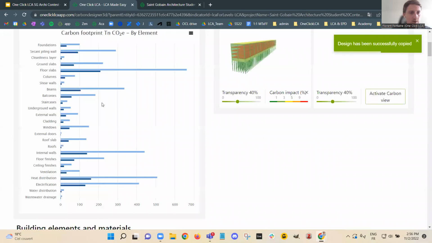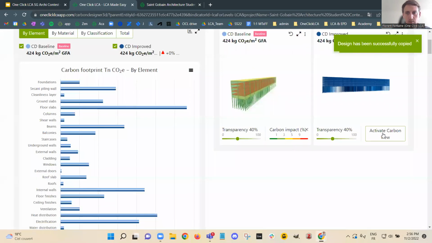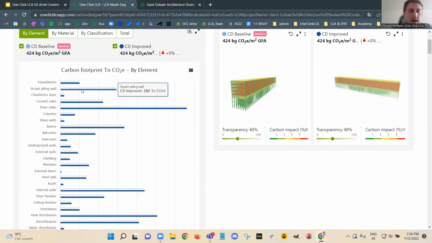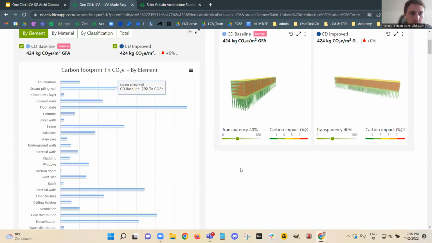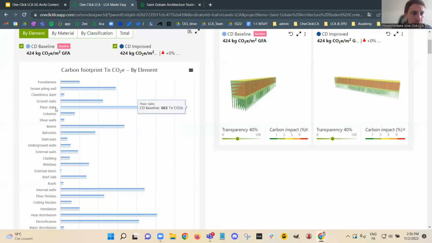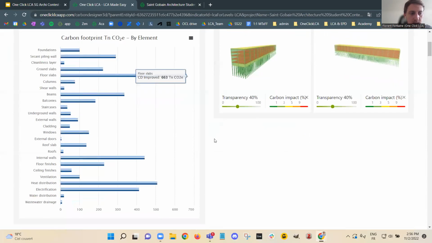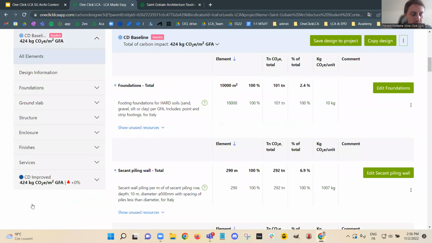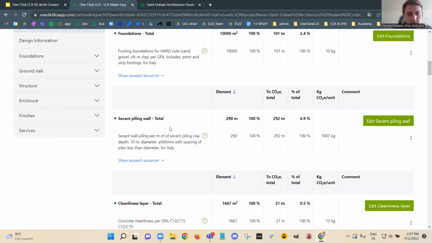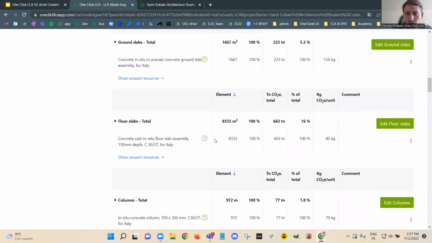and you will see it will automatically create a second copy of this project, and you can just watch them evolve live by doing some small and minor modifications. So now let's try to reduce the carbon footprint of the floor slabs. Then we will go to the Carbon Designer Improved. We will go on all elements, and there we can just look at the floor slabs, click